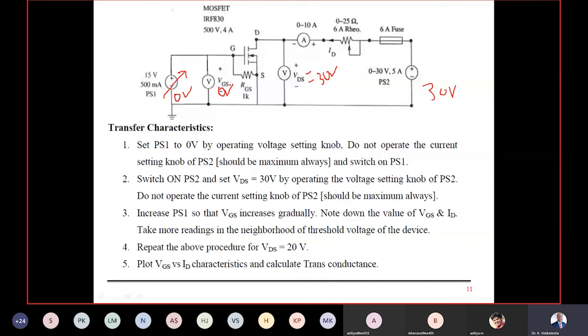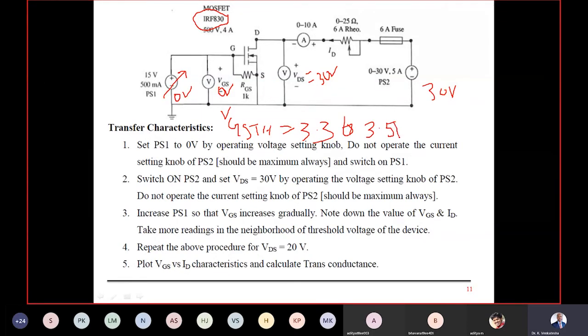At one particular point of the VGS, the drain current starts flowing. So that respective VGS voltage we call as VGS threshold, at which my MOSFET starts conducting. Some drain current is flowing. Typically in the labs, the available MOSFET is IRF830, International Rectifier's MOSFET. This particular MOSFET's VGS threshold will be somewhere around 3.3 to